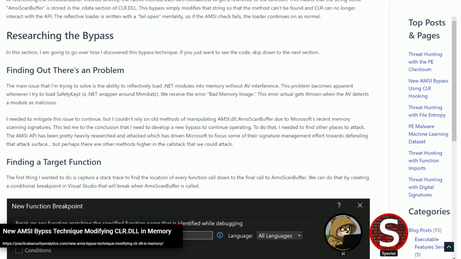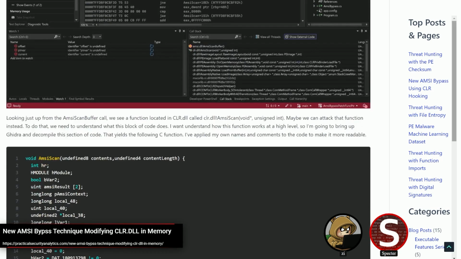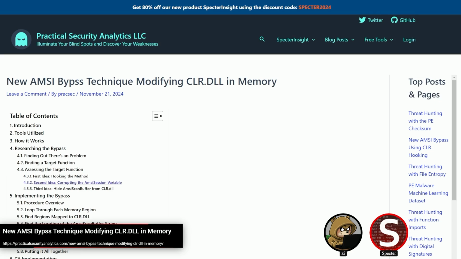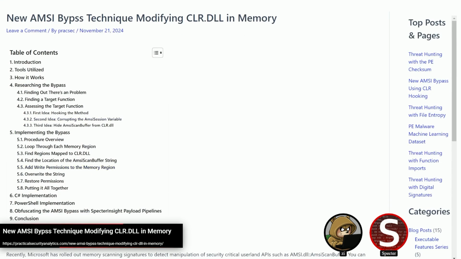So part of how AMSI is facilitated is through the common language runtime. It'll have this method that reflects the loaded binaries, and it will invoke that method before the PE file is actually mapped to be executed. That method being AmsiScanBuffer. The problem is the way they call into that function is they resolve it using GetProcAddress to get the address for that function. And of course, they have to pass a string of AmsiScanBuffer to that function.